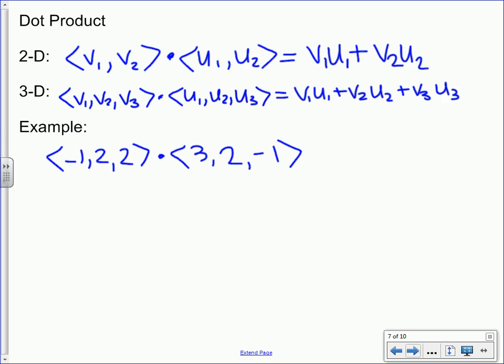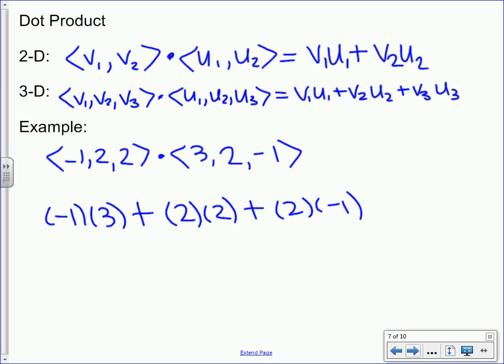Remember the dot product, you'll see the dot in between. Talk me through how to do this. First, we're going to take -1 times 3, and we're going to add it to 2 times 2, and we're going to add that to 2 times -1. So our dot product is -3 plus 4 minus 2, which is